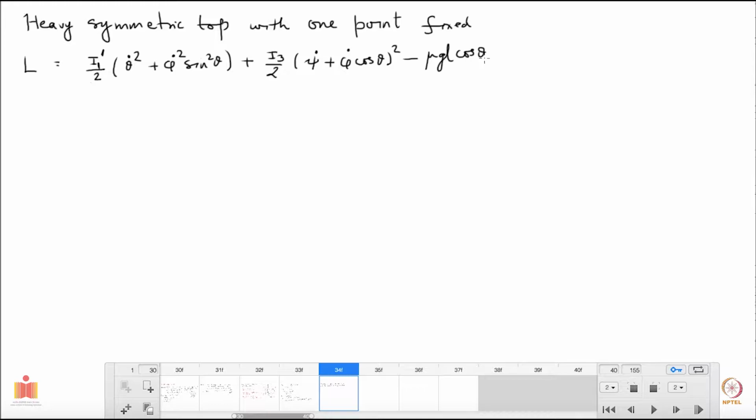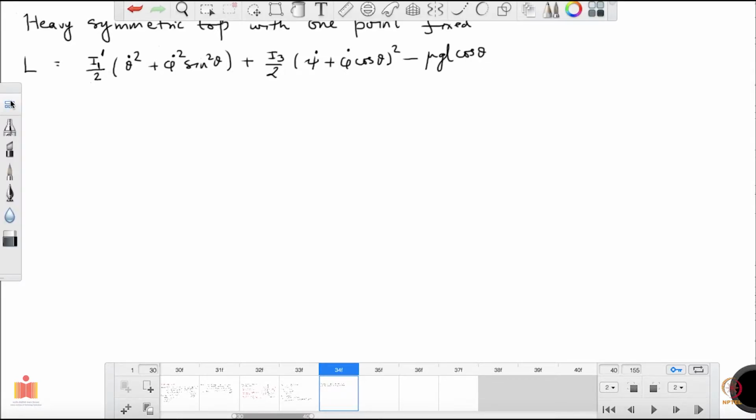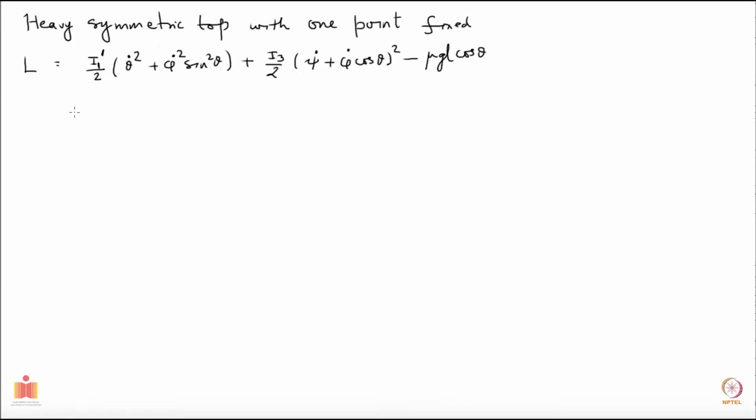Okay, so we quickly note that the coordinates phi and psi are cyclic. You see, phi and psi only appear as derivatives, not otherwise. So our coordinates phi and psi are cyclic, and you know that they imply conservation of their corresponding conjugate momenta, which means that